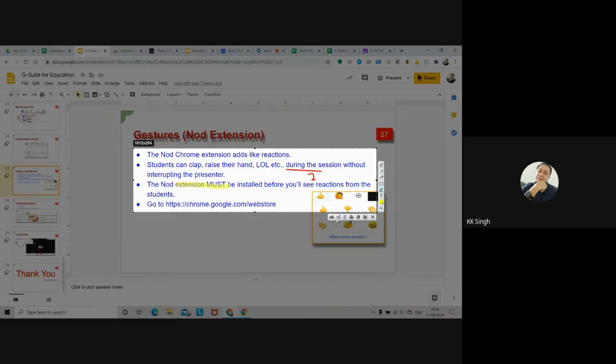And if you want to share the selected area with the students or anybody, you can share it. If you want to save only this portion, that is also possible.